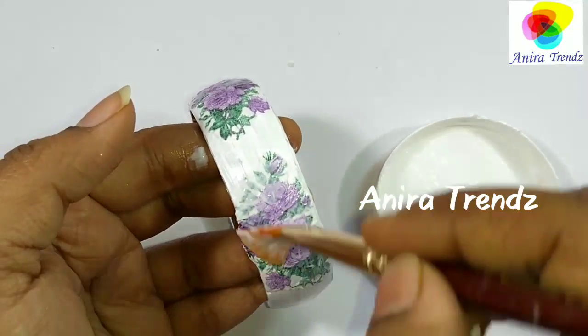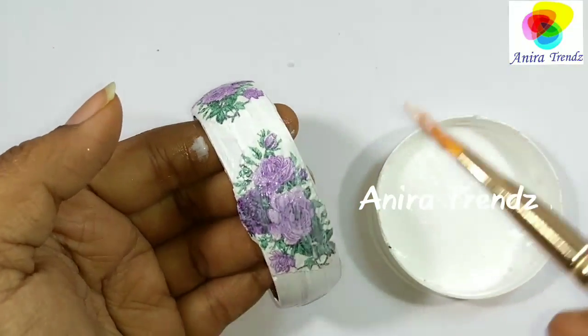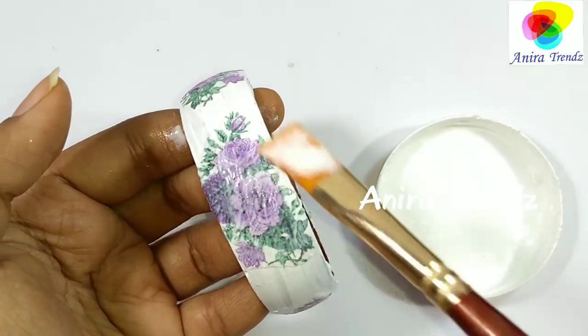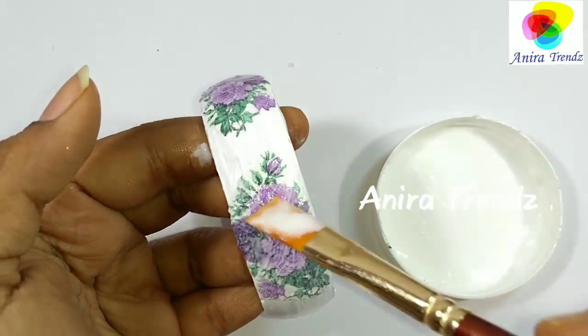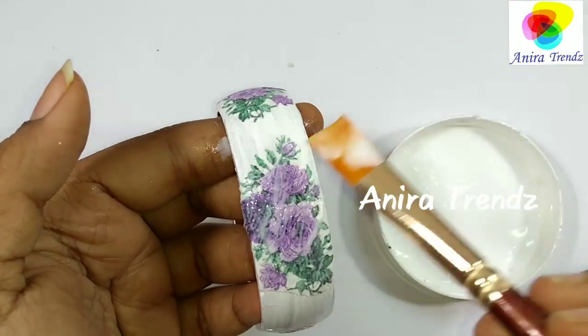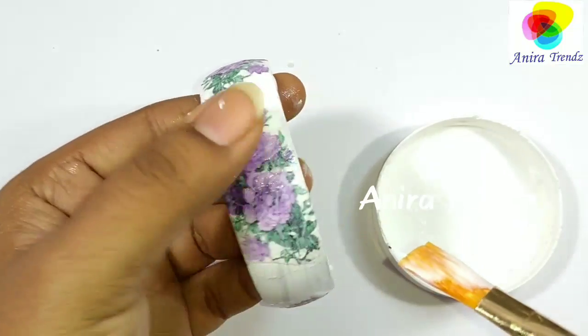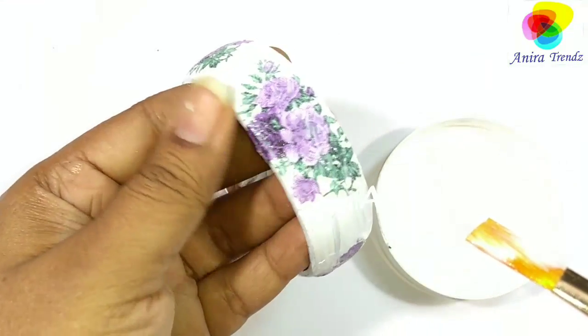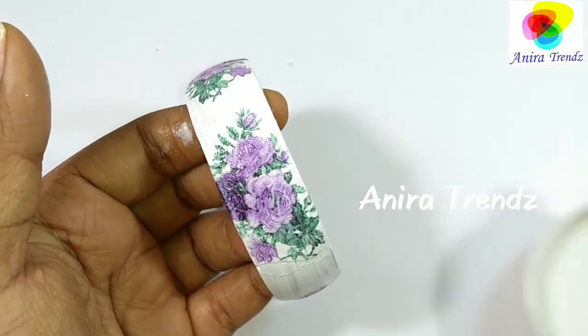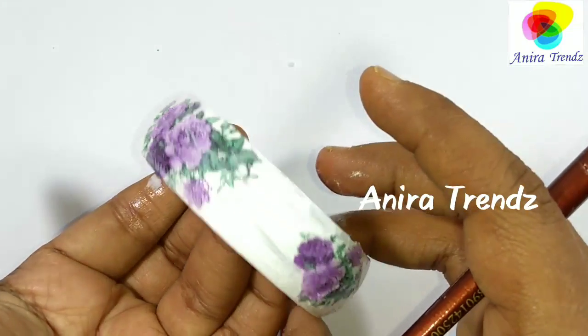Not only to a bangle, you can stick this to any of your accessories like a pendant, jhumka base, or any other earrings. Also on your phone case or any other things like pots, ceramic pots, anything, you can apply this same technique. So here I am done with this